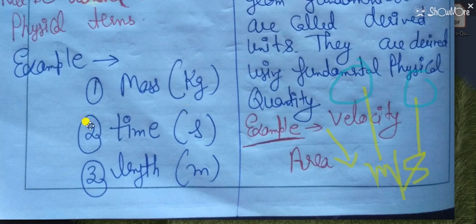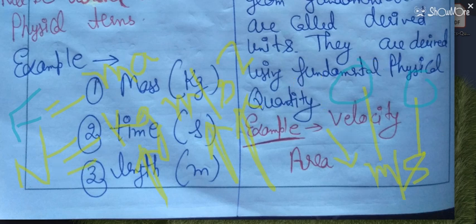Like if I take the example of force. Force is equal to mass into acceleration. Here the unit of mass is kilogram, and acceleration's unit is meter per second square. So that means we can divide it: it is composed of mass, it is composed of meter distance, it is composed of time seconds.